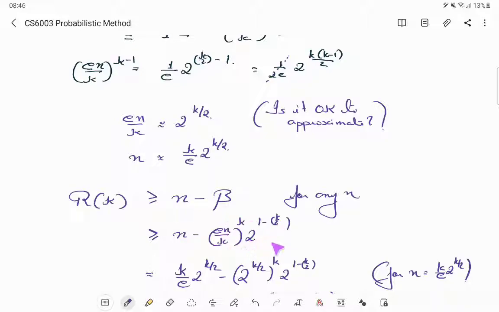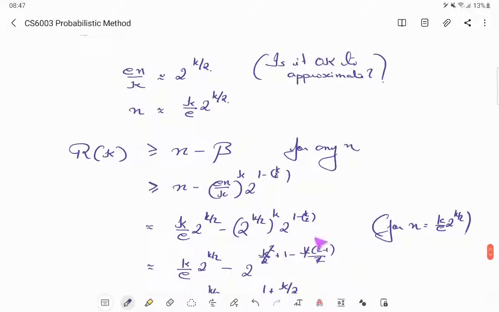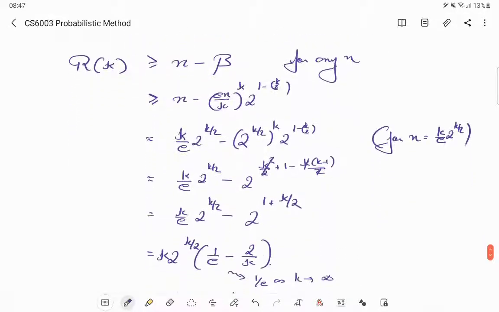So what would be n minus beta? N minus this guy here. Now substitute for n this value, and here also you have to do that substitution. But okay, en by k, if you look one step before, is nothing but 2 to the power k by 2. So this is 2 to the power k squared by 2. Again I am doing some manipulation here. You should rather actually pause and complete this yourself. So you will get something like